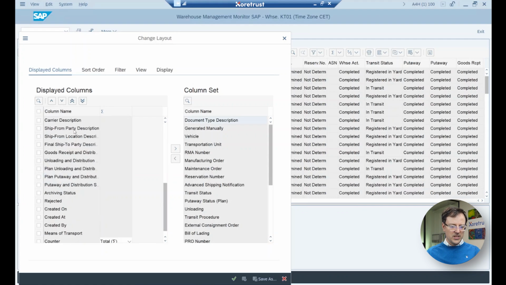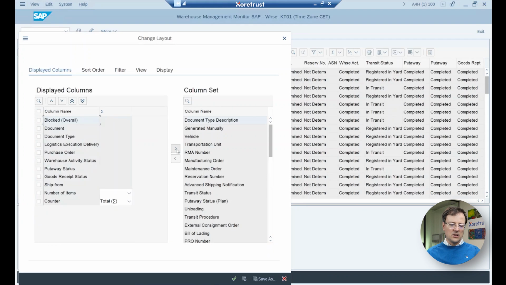We're going to remove basically everything. Basically everything, yeah. Put the distribution status, archiving rejected. Also creation, who created it and when. We don't care right now. I'm only going to keep the counter. The counter is literally counting the number of items and can be convenient to quickly be able to see, oh, we have 20, 30, 40, 60 inbound deliveries in this selection. So I think I'm happy with this